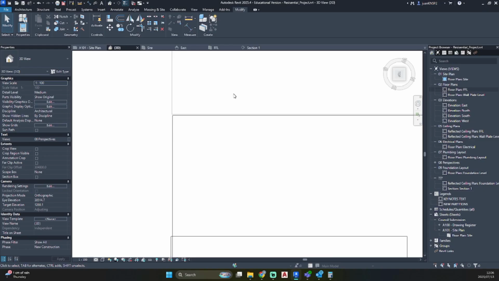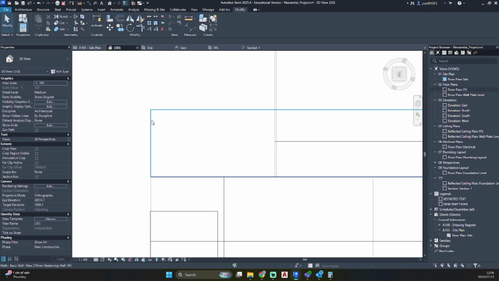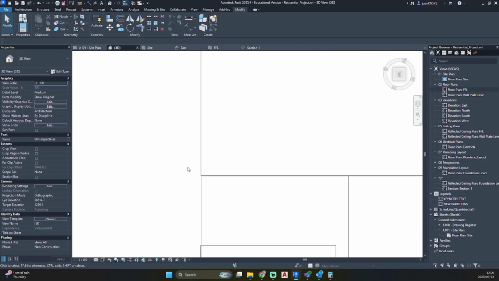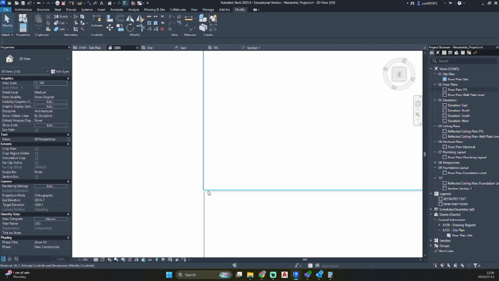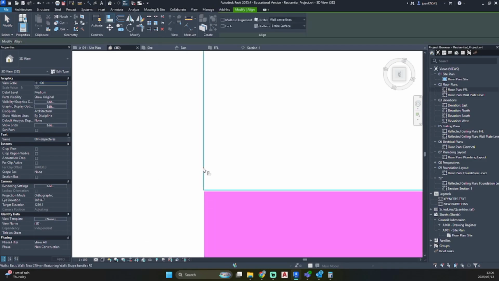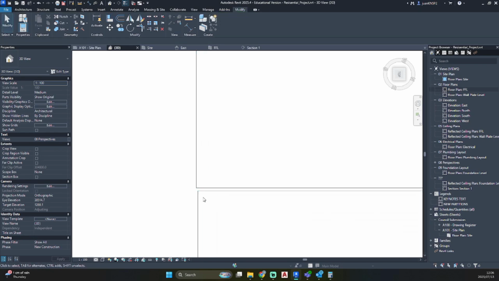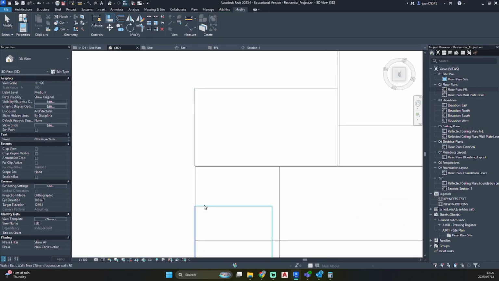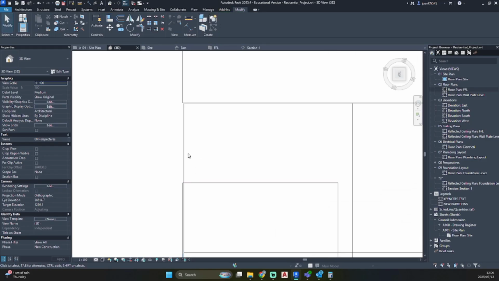If you hit that, you'll see that all the lines are now exactly the same weight. So I'm going to press AL just to align this wall. Okay, so now our walls have been aligned.